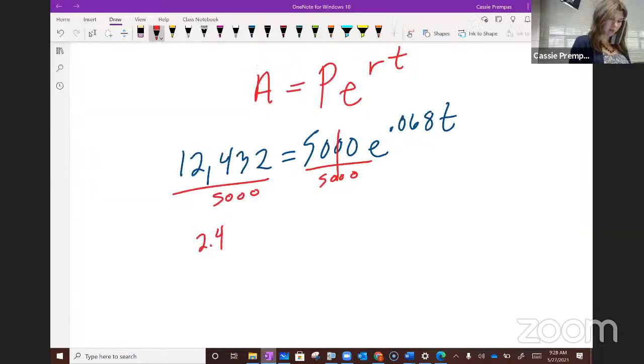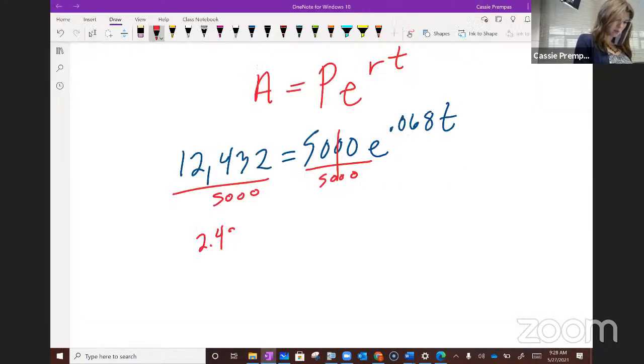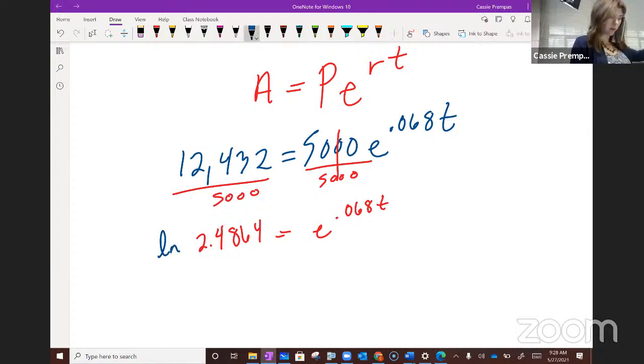So I have 2.4864, sorry, equals E raised to the 0.068t. I'm messing up my numbers today. There we go. And now what can I do? ln, good. So, or you could just change it to log form. If you have just one base, you could just change it to log form, and that's another method you can go about using. If we continued with this as we have it though,